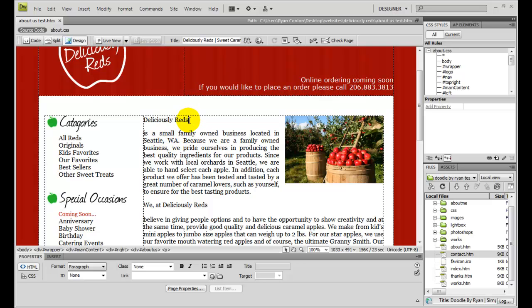If you want to highlight Deliciously Reds right here, or whatever text you want to structure, then we'll go back down to the Properties panel, click on the paragraph where the drop-down menu is, and we're going to see 6 different headings. We have a heading 1 through heading 6. Heading 1 will be your largest heading, and heading 6 will be your smallest heading. We're going to test both of them out here in a moment, but the first one we're going to use